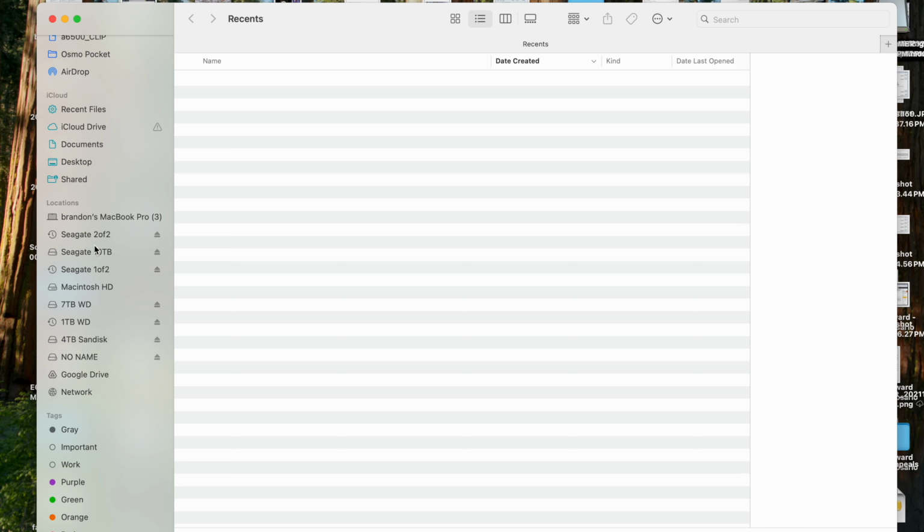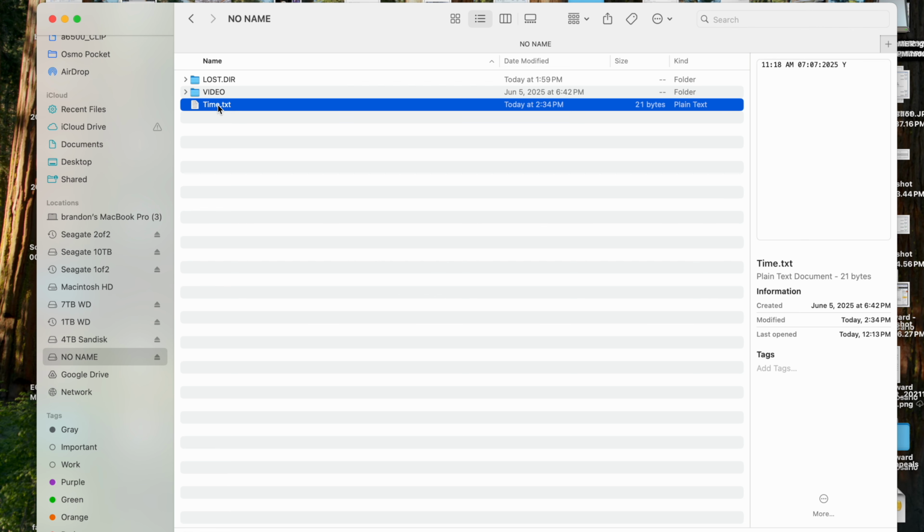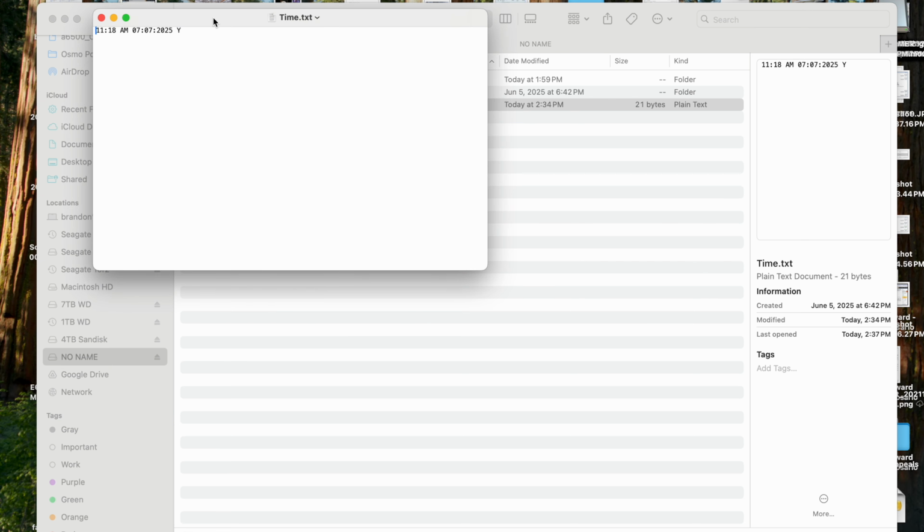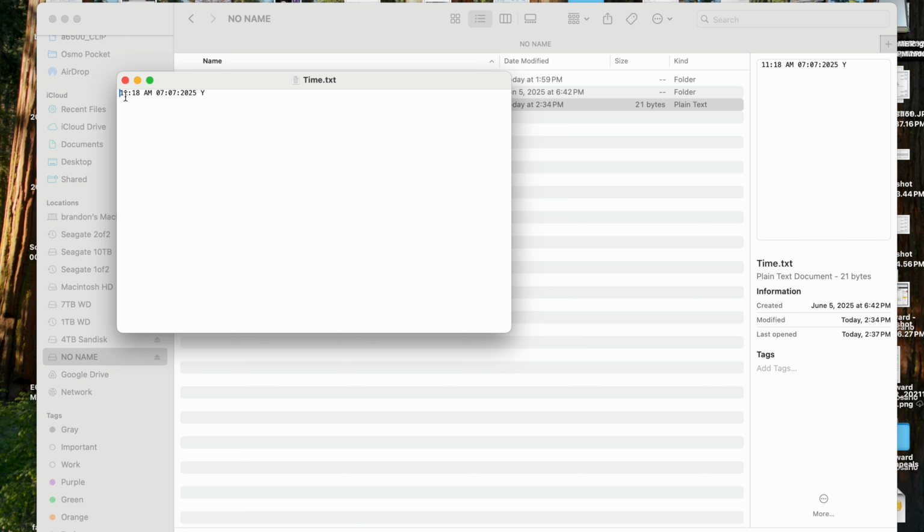Now the same thing can be accomplished on desktop. Simply plug in the micro SD card. You can click on that, and you'll notice that you get your two folders that pop up here. We've got the time text, which we just looked at on mobile. So if you were to open up this file right here, it will open up in a text editing program. And then once again, you can come through here and change any of these parameters. Maybe it's not 11 a.m., maybe it is